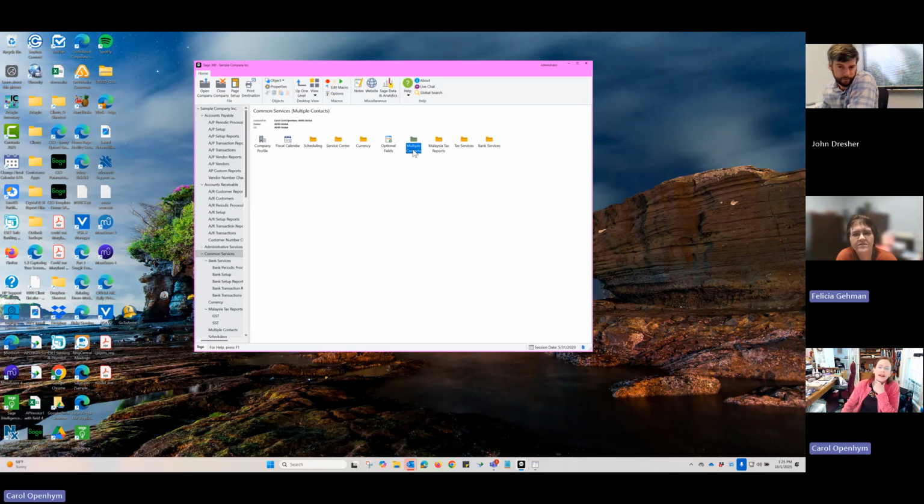Multiple contacts, we'll talk about that when we get into AP. Tax services handles sales tax. So if you were selling things, and had to collect sales tax, we set that up here. Even if you're not collecting sales tax, you have to set something up. So we've got everything set for non-taxable, Maryland,